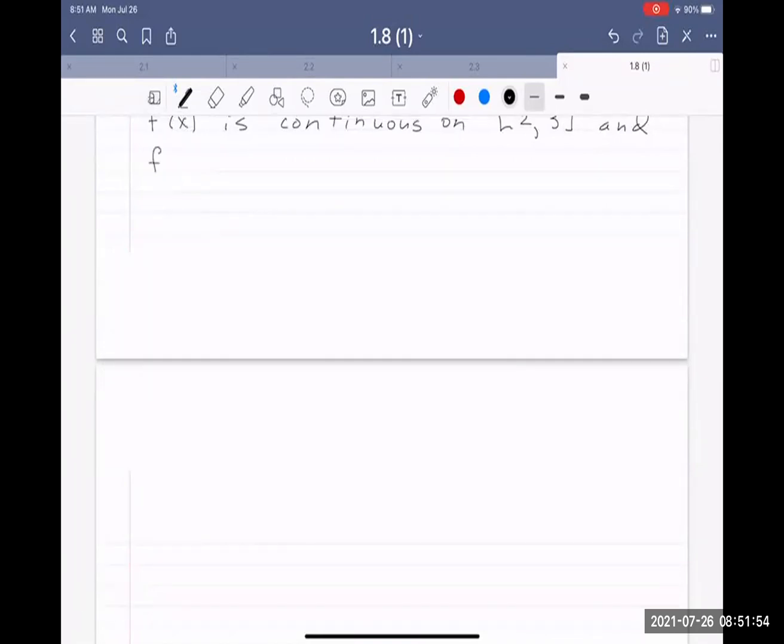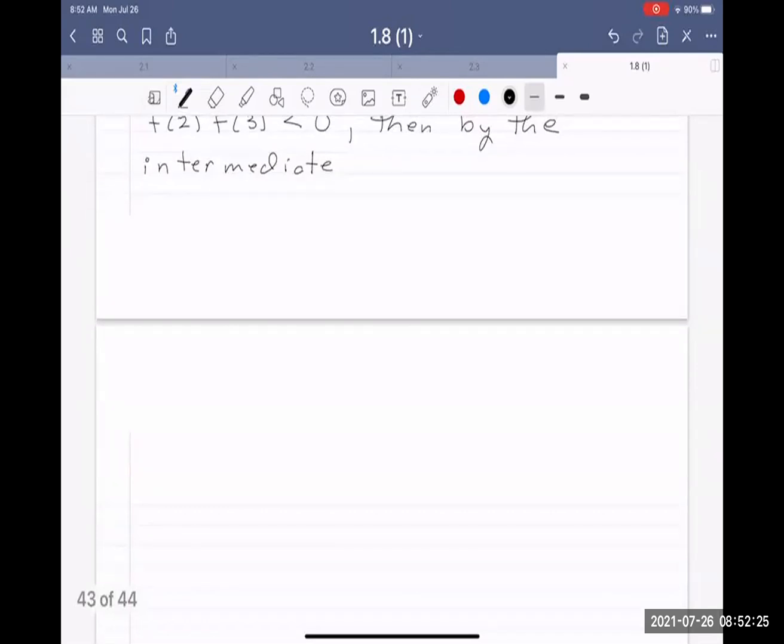So f at 2 and 3 have differing signs. So f of 2 times f of 3 is less than 0. So then, by the intermediate value theorem, maybe I'll call it the intermediate zero theorem, since that's what we call the lemma. So then by the intermediate zero theorem,